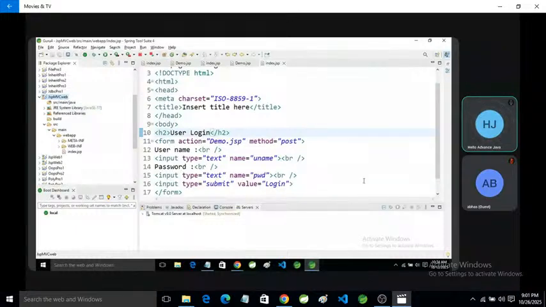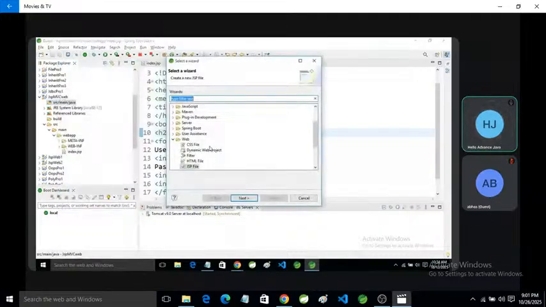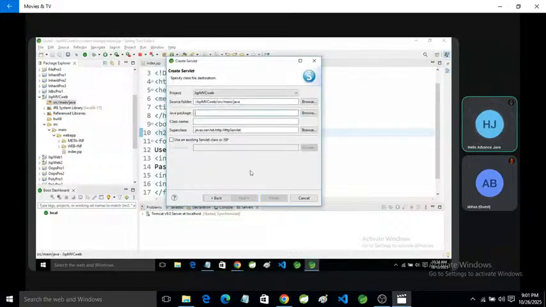Okay, now I'm going to create it. If you want to perform MVC with JSP, as a controller we will use Servlet. We will not use JSP for security reasons. So Servlet, com dot cts dot controller.